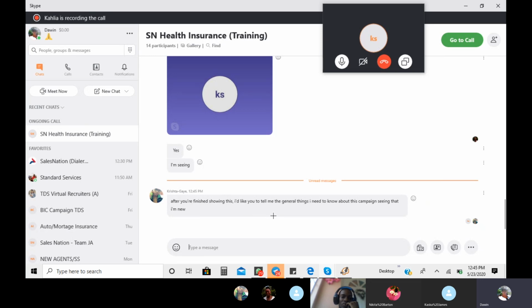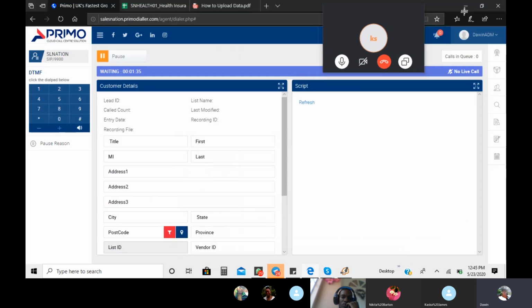That's fine. I'll definitely go there. I just wanted to make sure that you guys can understand what you're going to be doing. All right. So definitely, I'll do that for you. So as I was saying, the dialer. This is just basically how the dialer works. It's very easy. The last part I would need to show you guys is basically how to make the transfers,